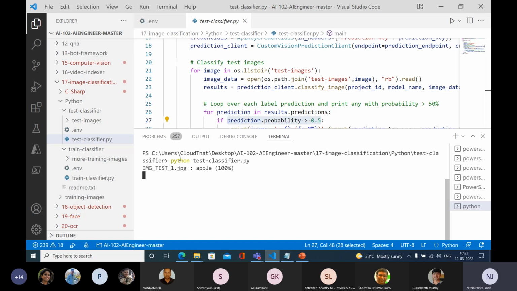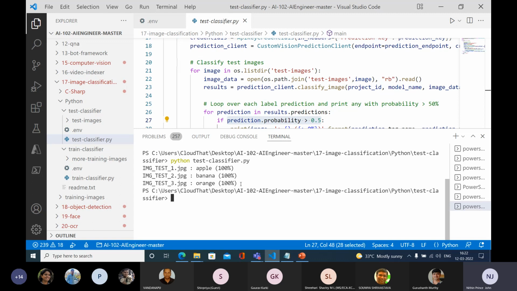Oh, it is giving apple, banana, orange. Are you able to see the results? Yeah, you are able to see the results. And the question is that,